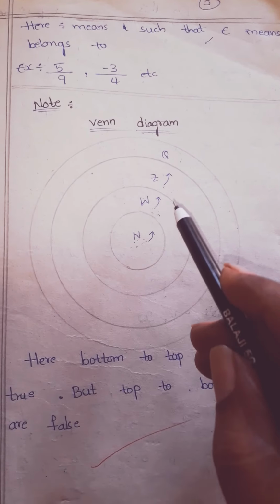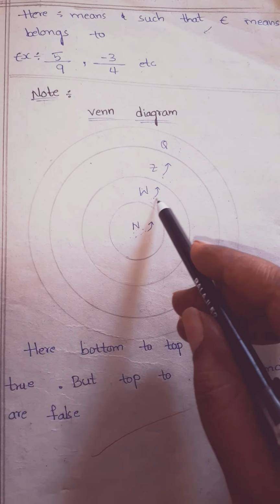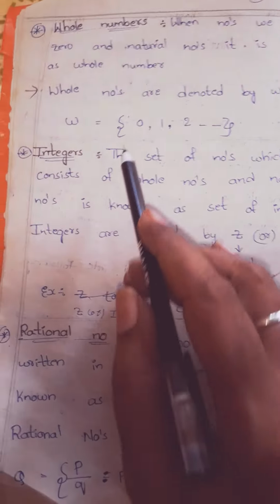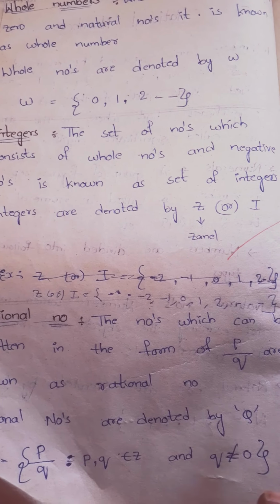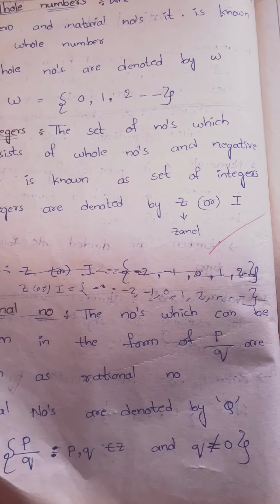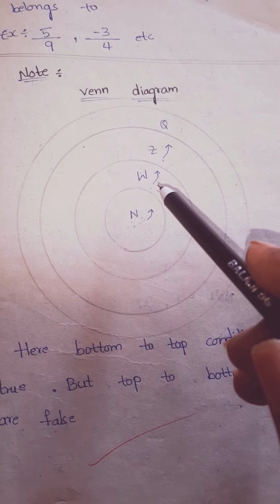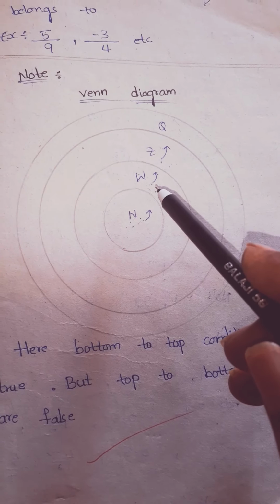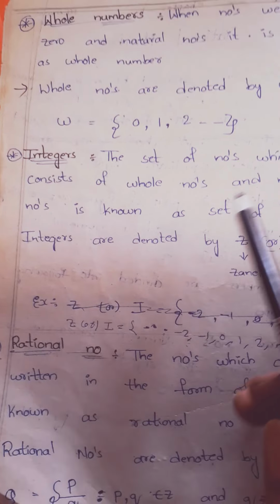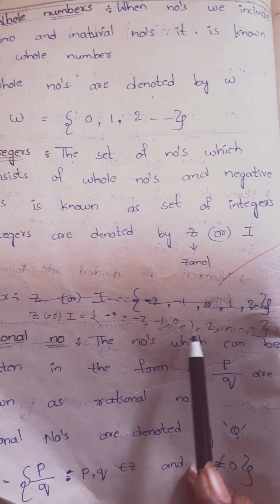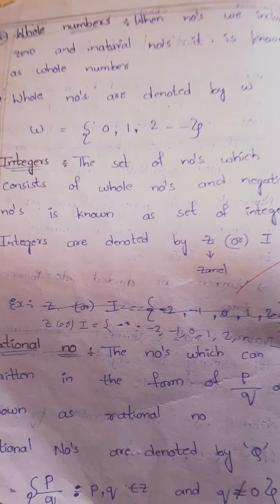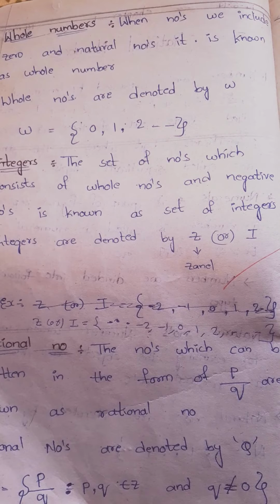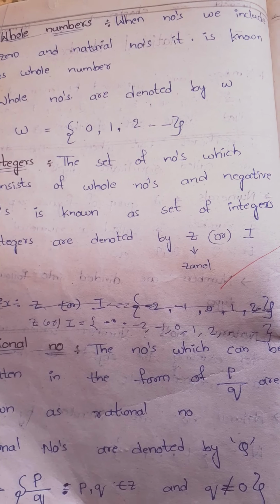Next, every whole number is an integer, children. See here, whole numbers 0, 1, 2, 3 and so on are there in integers also, and negative numbers are extra. So every whole number is an integer, but every integer is not a whole number. Why? Because in integers, negative numbers and positive numbers including 0 are there, but in whole numbers negative numbers are missing. That's why the condition fails.